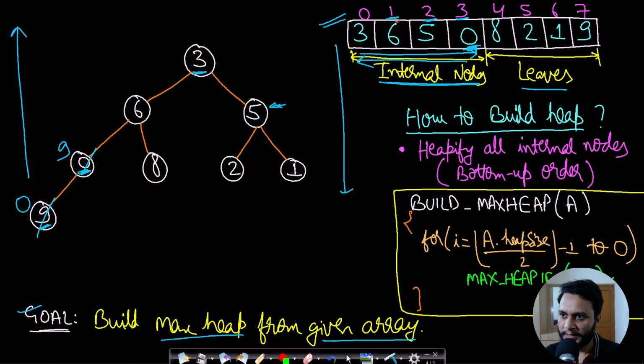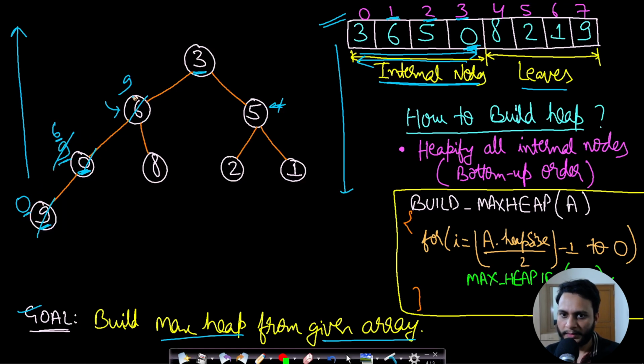Now we will move to the next index, which is index 1. So at index 1, this is value 6. Is there any element which is greater than 6 as its left child or right child? Yes, the maximum element is 9. So this 9 will be replacing this 6. 8 was also greater, but we will be taking the maximum element. Okay. Now we will see that this 6 is already greater than 0, so no need to heapify this one.